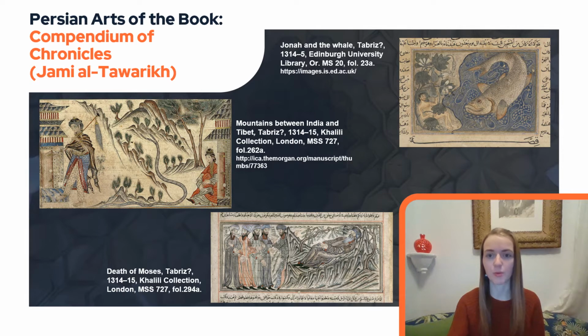Rashid ad-Din probably had a large library at his disposal, so he mixed different textual traditions, for example, earlier Arabic historical works, and also Christian and Jewish literature. It is likely that the artists illustrating the manuscripts later on also drew inspiration from different painting traditions, using horizontal or square formats within the larger text block.